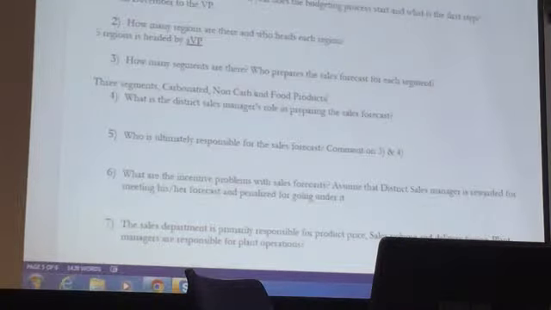Here I think the district sales manager, this is the top-down versus the bottom-up kind of budgeting. If you want to start, you can either go to the people who are actually on the line and ask them for advice, or you can try and do some kind of strategic analysis at a higher level. So this is always the trade-off in all these things.